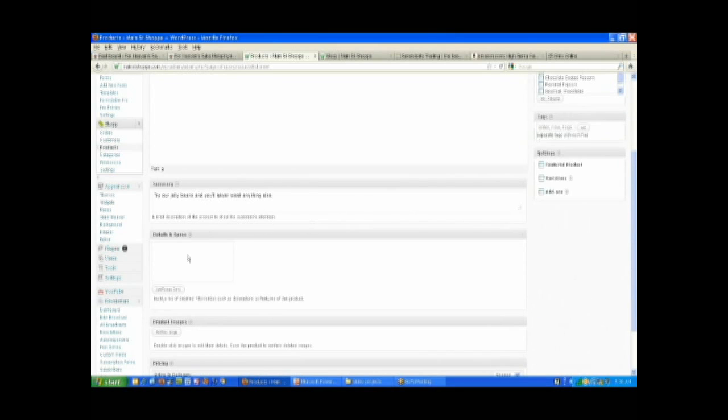Scroll down, we can see that we can add in some product details. Now this might be very important if we're selling something like a book. Maybe it's even important for selling jelly beans if people are concerned about calorie counts or whatever. So you might put in here ingredients, for example. And then what are the ingredients in this particular case? We've got sugar,